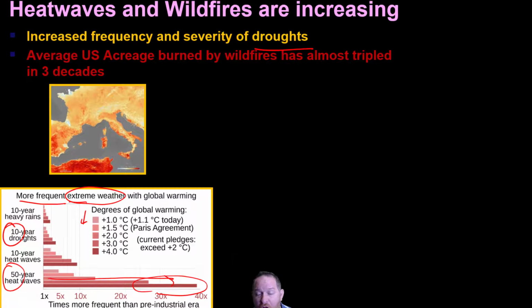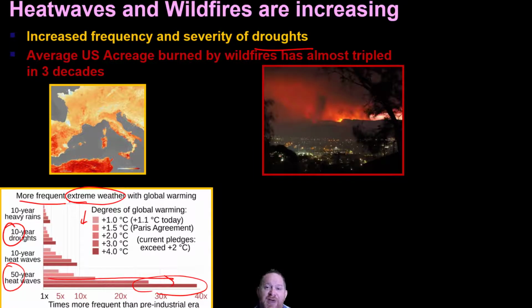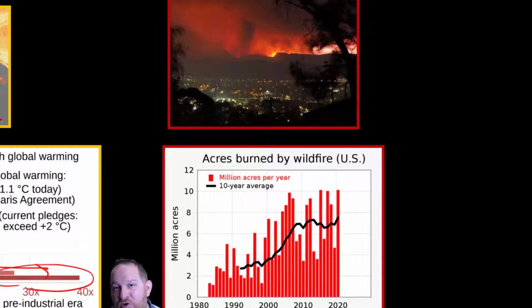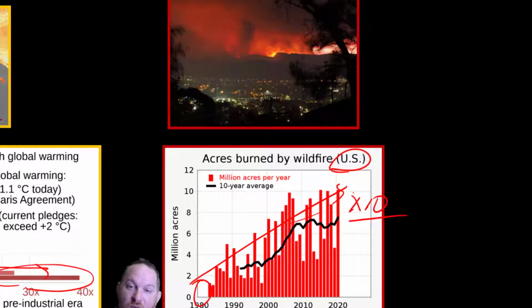And then you have probably also seen so much about the wildfires, especially out in Colorado, California, and you may remember even in Australia. The acres burned by wildfires in the United States has drastically increased since the 80s, right? So we went from 1 million acres on average to 10 million. That's a tenfold increase in just 40 years for these wildfires that are getting out of control and